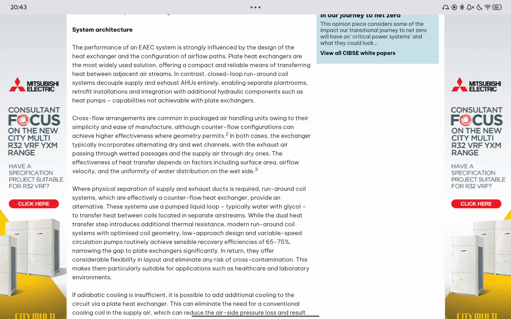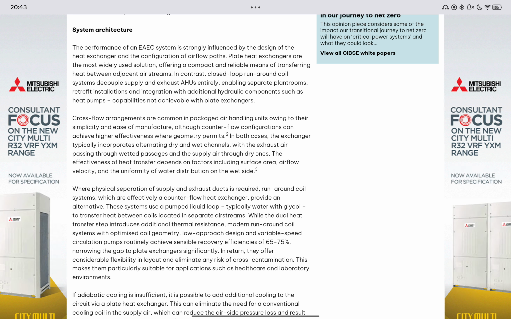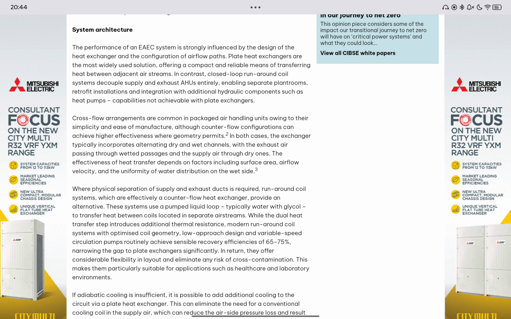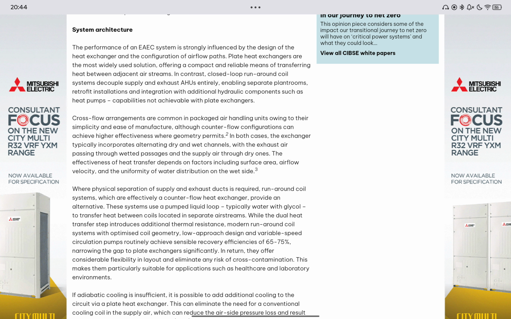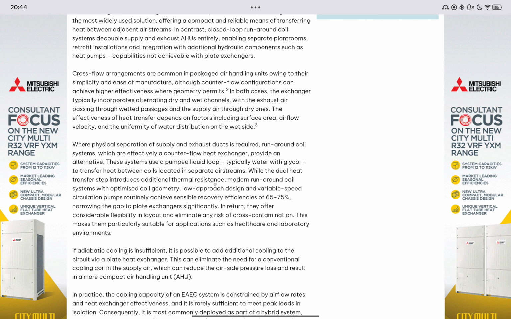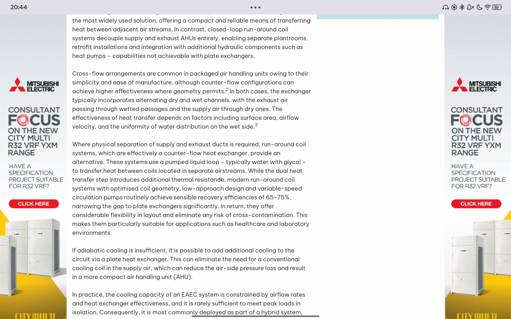Cross-flow arrangements are common in packaged air handling units owing to their simplicity and ease of manufacture, although counterflow configurations can achieve higher effectiveness where geometry permits. In both cases, the exchanger typically incorporates alternating dry and wet channels, with the exhaust air passing through wetted passages and the supply air through dry ones. The effectiveness of heat transfer depends on factors including surface area, airflow velocity, and the uniformity of water distribution on